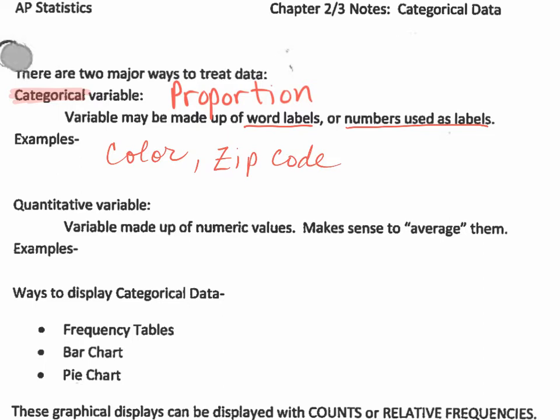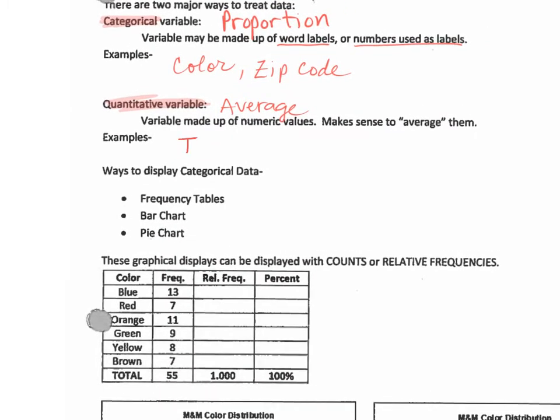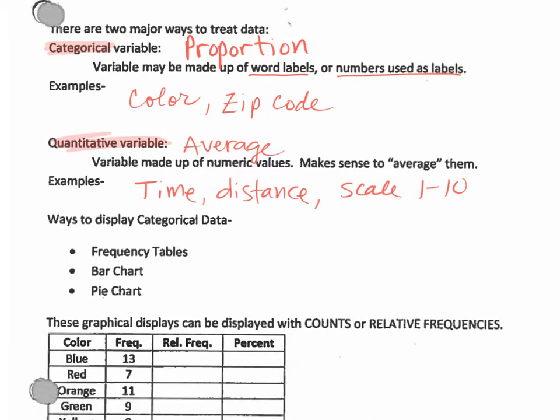Next is quantitative. So this is whenever you actually have quantities. And what we'll end up doing with those numbers, they are quantity values, so we'll end up averaging them. So we'll have things such as time or distance, or a scale of 1 to 10. And we've talked about that averaging or proportions in the last unit that we had. By the way, you might start liking this unit better than before because we get into real numbers, and real numbers that mean certain things,